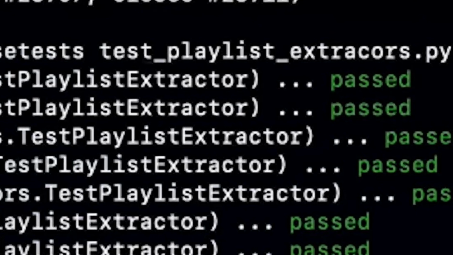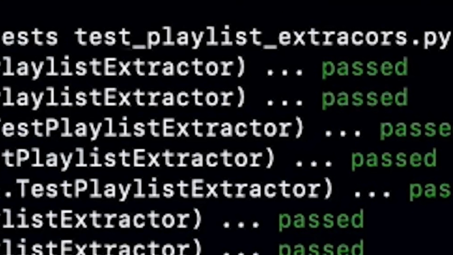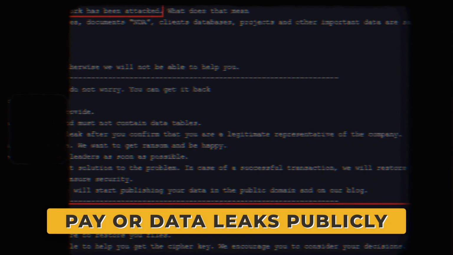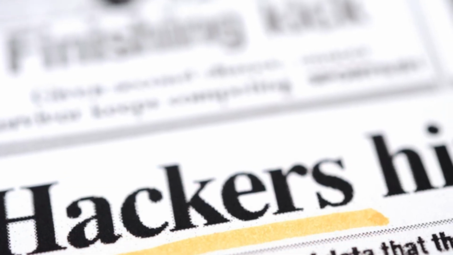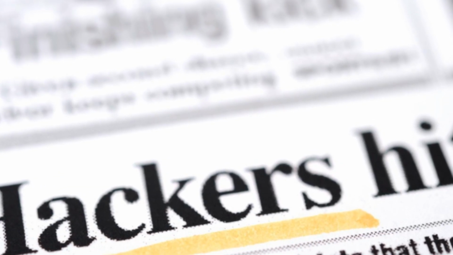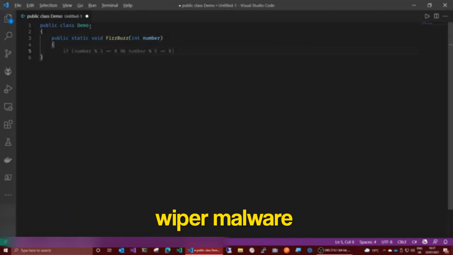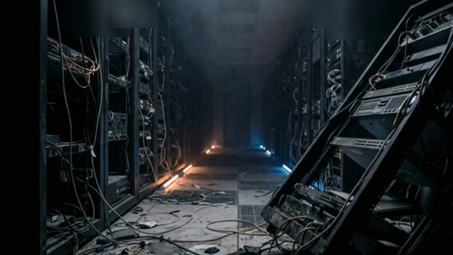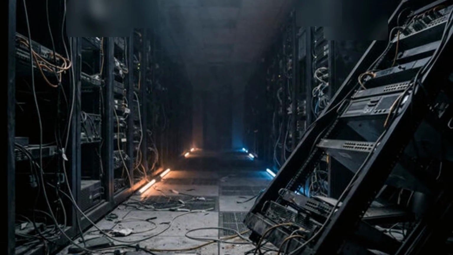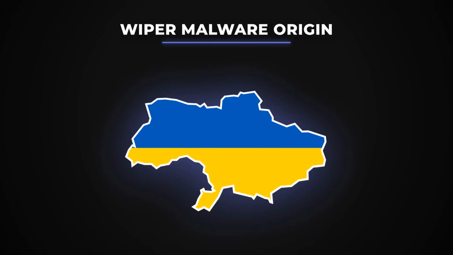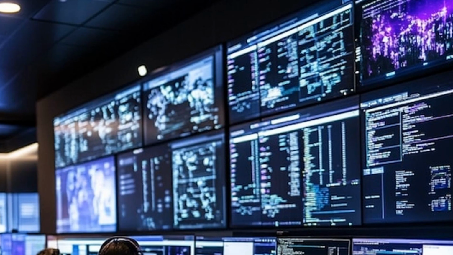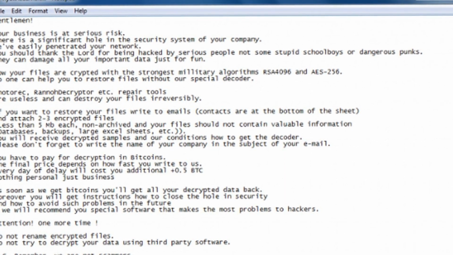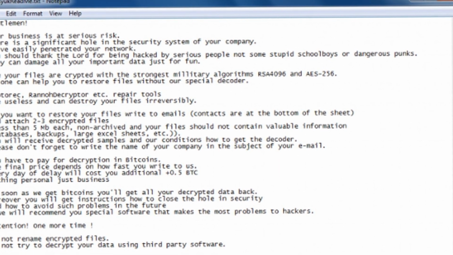Steal a copy of the data before encrypting anything, so even a victim with clean backups can't just restore and walk away. Pay up, or the stolen copy gets leaked publicly. Backups don't fix a reputation problem. Then there's the wiper. No ransom note, no key to buy back, just permanent destruction. Wiper malware first showed up at scale in the Russia-Ukraine conflict, and it's since turned up against critical infrastructure elsewhere. It only looks like ransomware from a distance. There was never anything to negotiate.